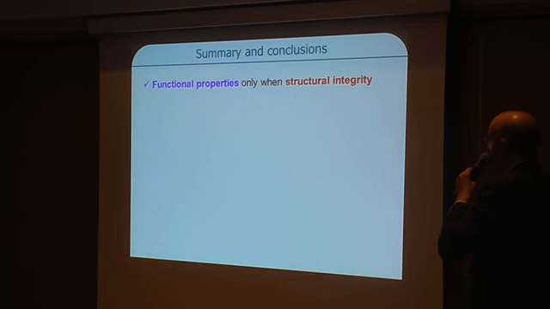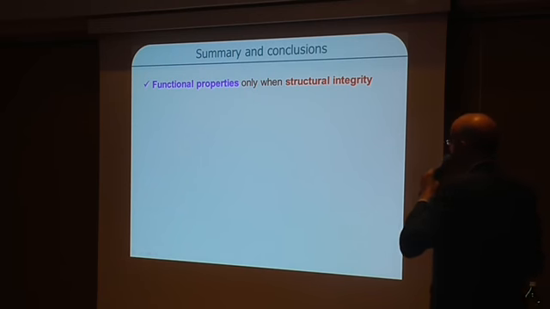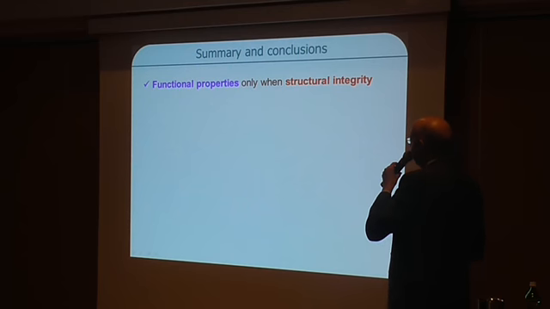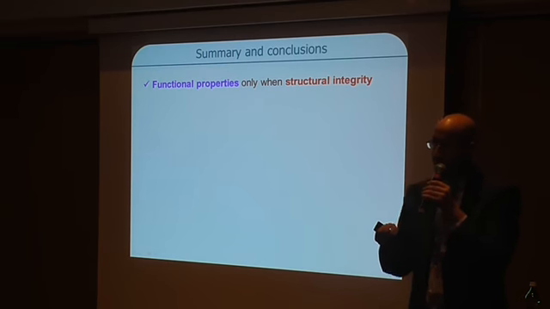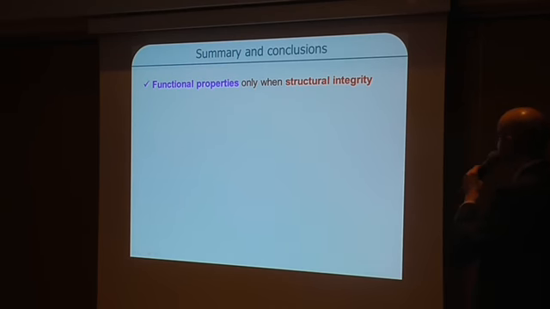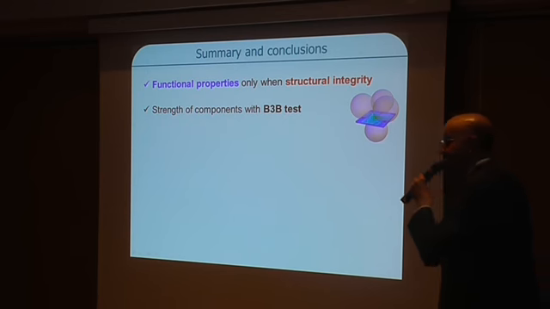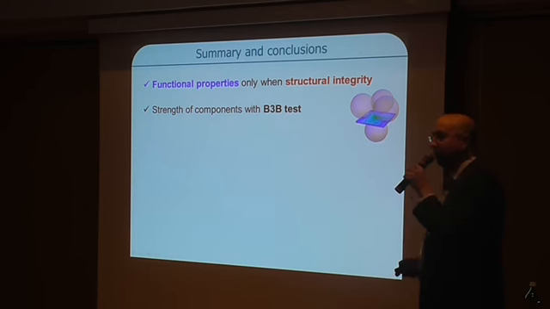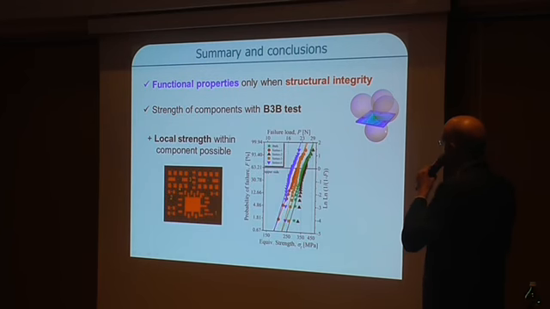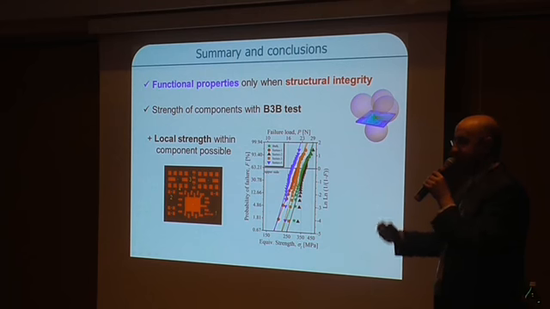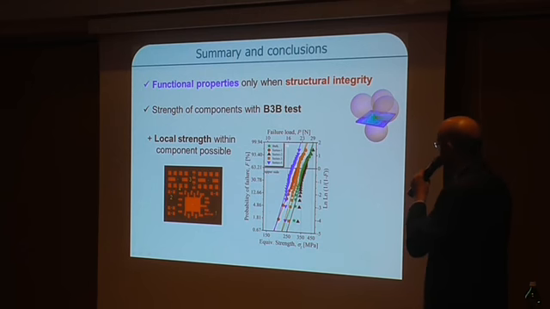approach, let's say. So to summarize this talk, I think this is part of the conclusion from the previous talk, that for the functional properties, if you want to have functional components, you need to have a certain structural integrity. This is very, very clear. And to understand and make some reliability models, you need to have some testing methods which adapt, in some cases, to the real components. With this method, and I'm doing a little bit of marketing here, because it can be very practical for some things, we can do some local strength